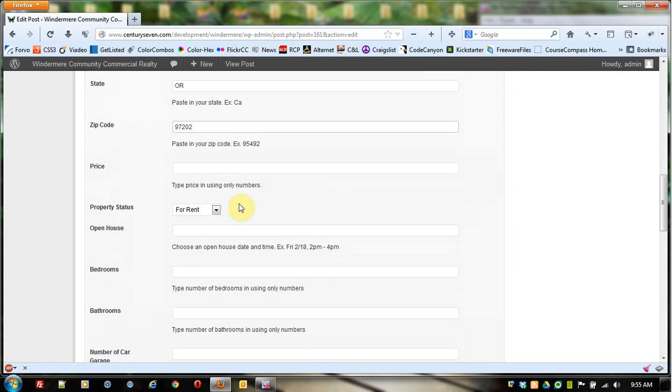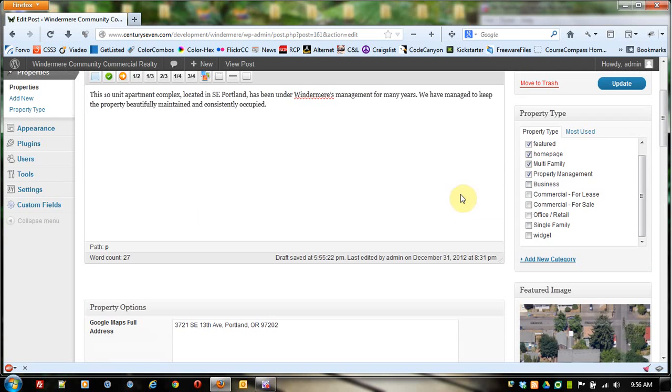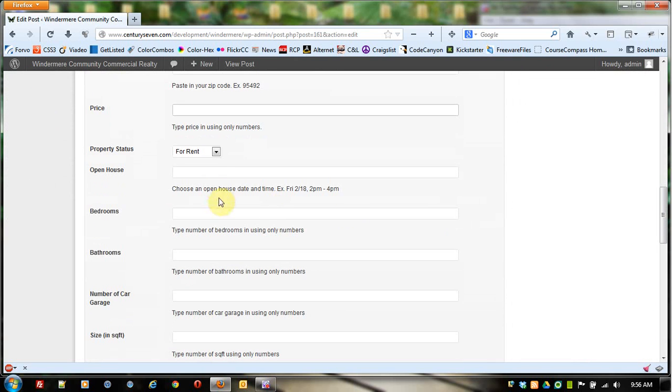So as we come down here, you see we get property status. We can say whether it's for rent, for sale, open house. We could just say call for price. We don't have to list a price. Here's the area where you would list the price, and there's no particular price listed for this one right now. Here you can choose an open house date and time, and it shows you the format that you